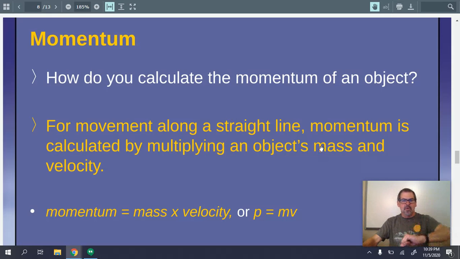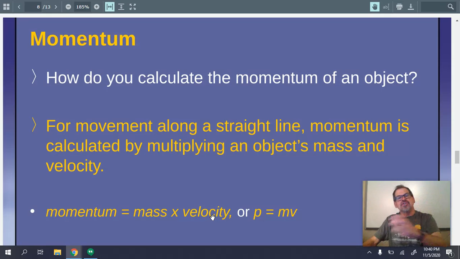Very quickly, let's just talk about momentum. We're not going to do any calculations of momentum for the exam, but I just want to walk through it quickly. What exactly is momentum? Momentum is that property of mass when it's moving. So P is momentum, and momentum is mass times its velocity. Not its acceleration, but its velocity. And remember, velocity is just speed with a direction, right? So velocity has one unit of time, meters per second.